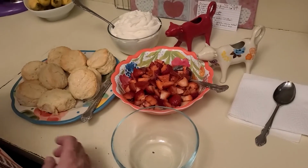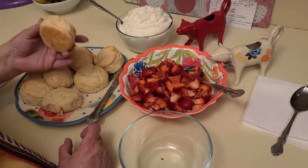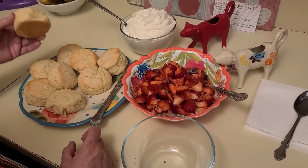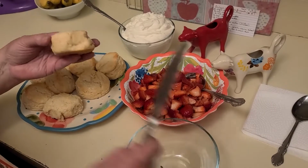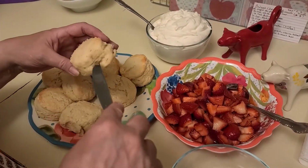Okay, so I wish you could smell these. You want to serve these warm too. They were hot from the oven, but you want to serve them warm. So what I'm going to do is build it. That looks so beautiful. So I'm going to build this